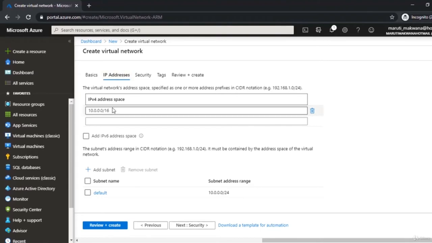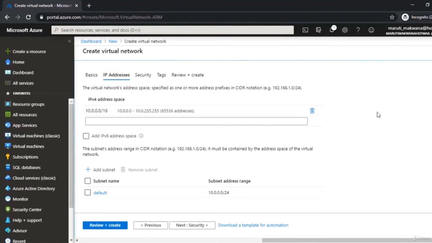In this IP addresses section, remember all these are private IP addresses, and that's why you have to take care of your classes of IP address space. Now I hope you're aware that we have class A, class B, class C kind of different ranges available in IP. If you're not familiar with this, just use any search engine and put the words IP address classes in it, and you'll get to know everything about that.